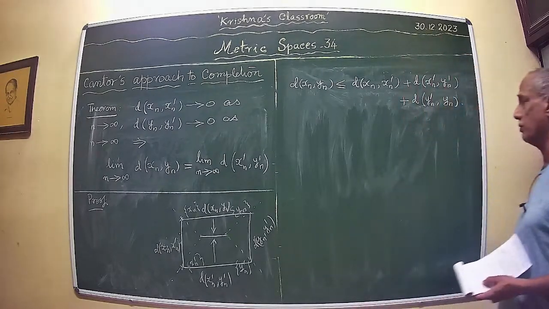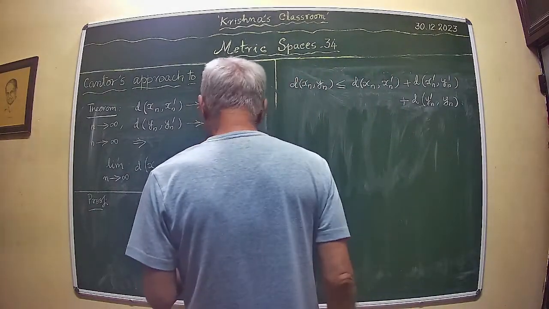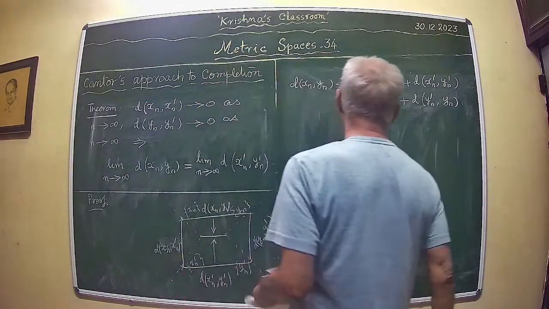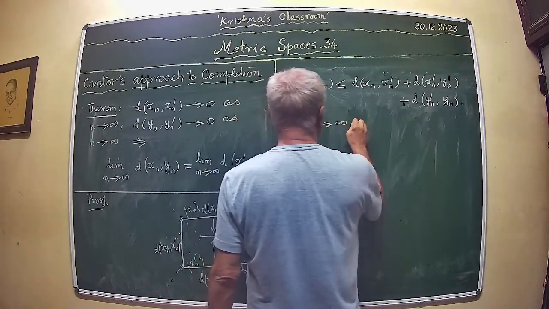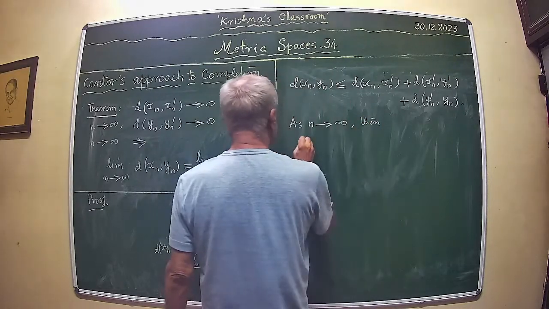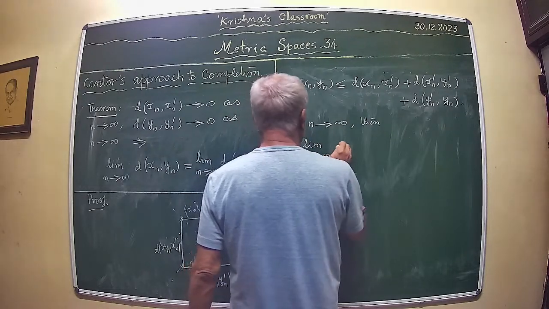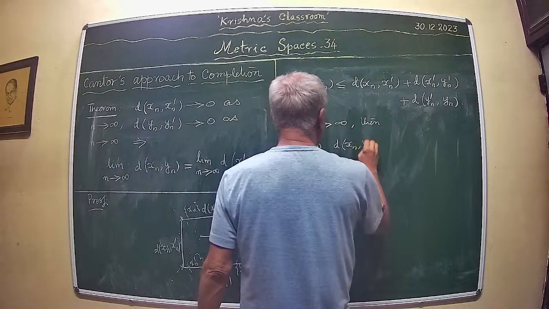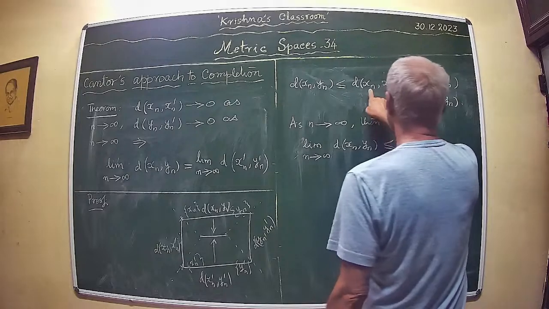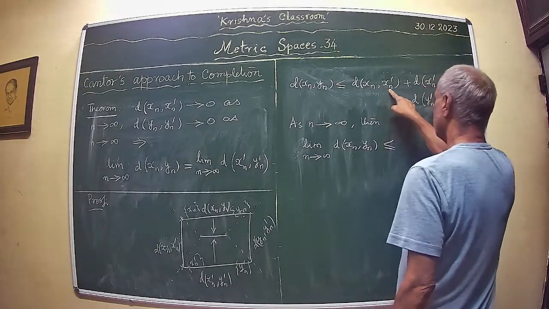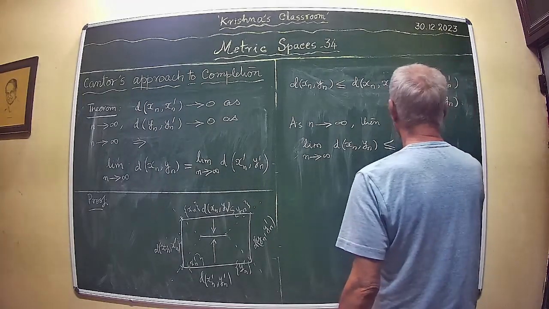This is using the triangle inequality. Now taking the limit as n tends to infinity, the limit is less than or equal to the limit of d(x_n prime, y_n prime), since this goes to 0, and this also goes to 0. Therefore,